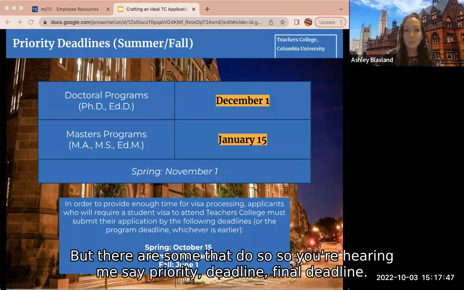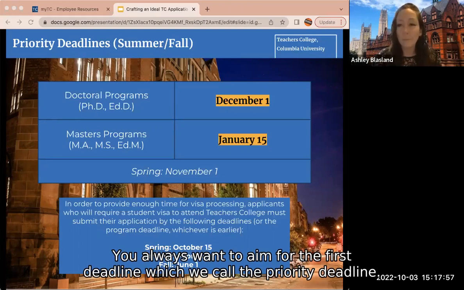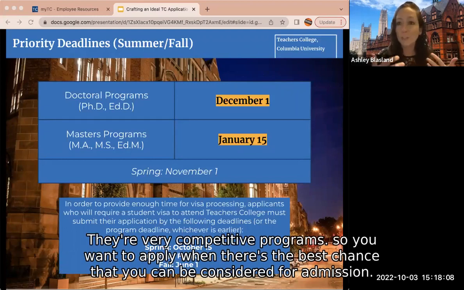So you're hearing me say priority deadline, final deadline. What's the difference? Anytime a program has more than one deadline, you always want to aim for the first deadline, which we call the priority deadline. This puts you in the best consideration for admission. That's when we have all the spaces in the program open. Many times they're very competitive programs, so you want to apply when there's the best chance that you can be